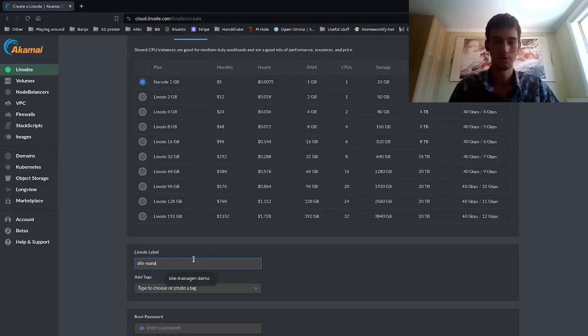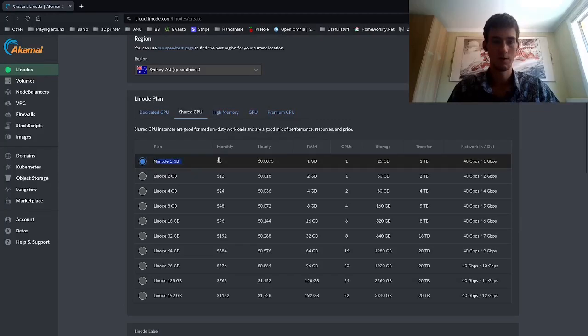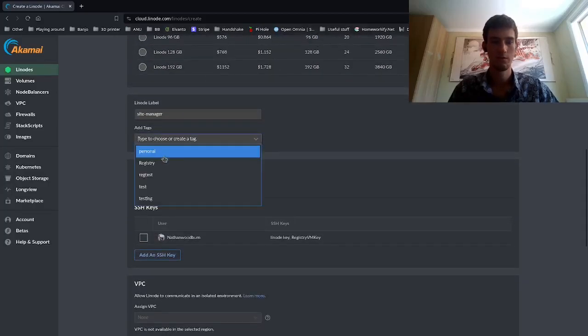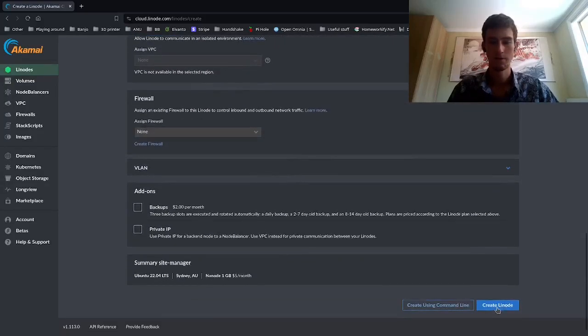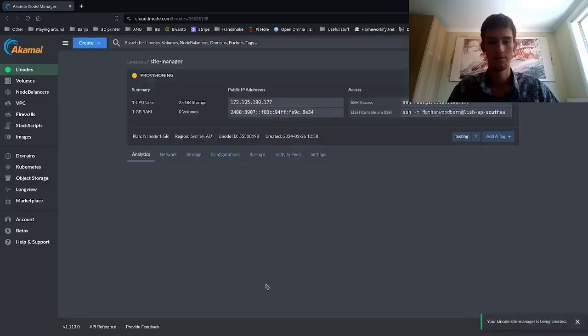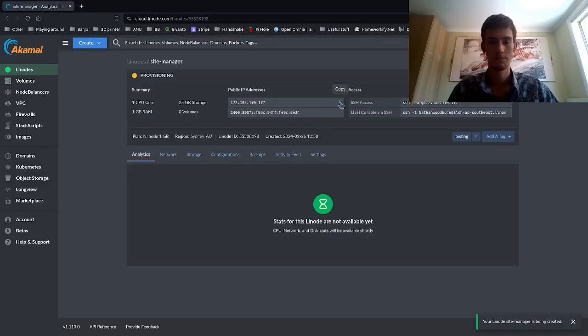Site Manager. I've set a 1 GB, smallest, cheapest server, which is usually fine unless you're planning on having a lot of traffic. Set a testing server, add your SSH keys or password, and that should be all good. Let's go create Linode. Okay, so we'll grab this IP, and now would be the perfect time for a coffee break,